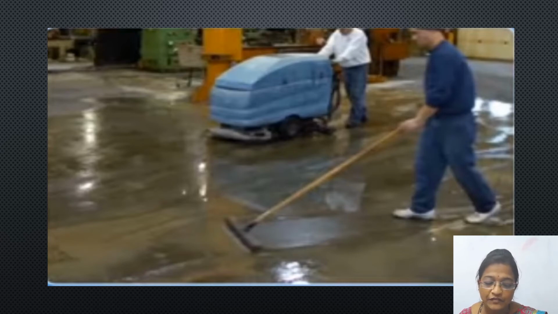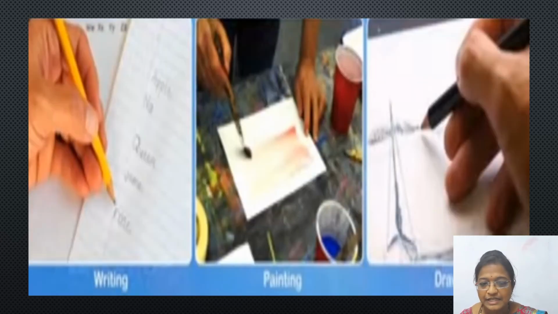If there was no frictional force between the paper and the pen, we would not have been able to write, isn't it? We can write, we can paint, or even draw only because of the frictional force. Is it possible for us to write, paint or draw without it? No, it was not possible. So because of the frictional force only, we are able to write, paint or draw.